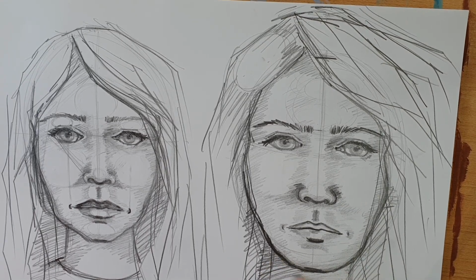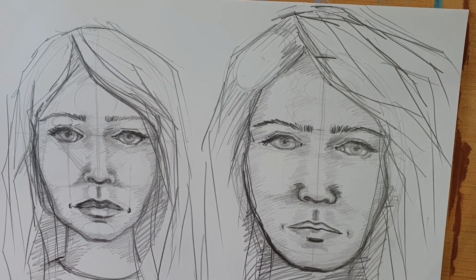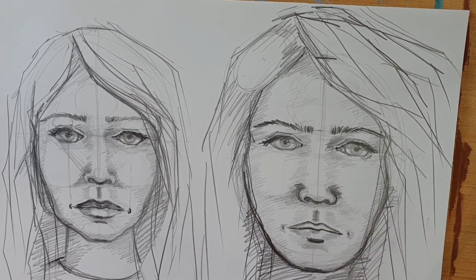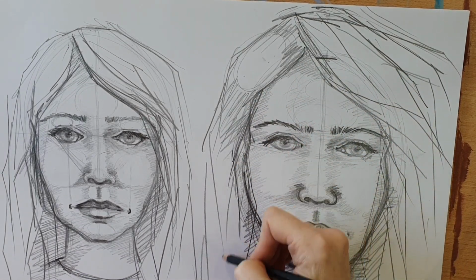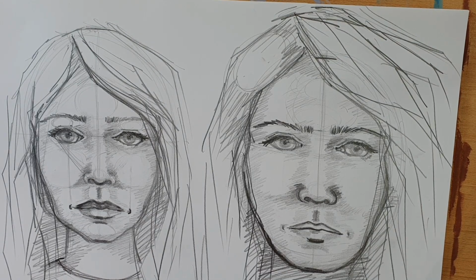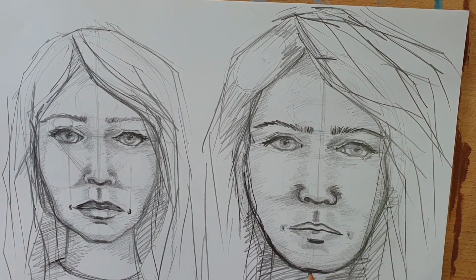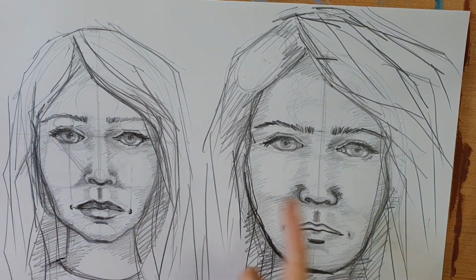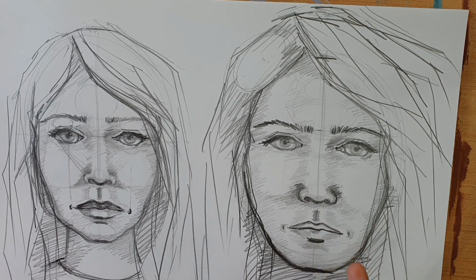Okay, heavier. It's funny, there's something a little bit more masculine about this one, apart from the hair. Right, I feel this one has turned out more masculine. So what I'm going to do, I'm going to show you slight differences as well. So these are just general